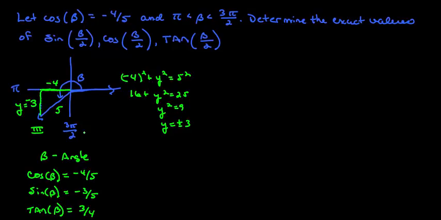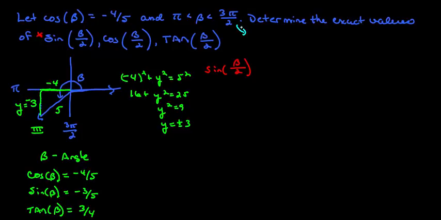Okay, now what are you going to do here? The next step is to determine the sine value of half that angle. Where does half that angle fall? If beta falls in quadrant 3, then half of that angle,